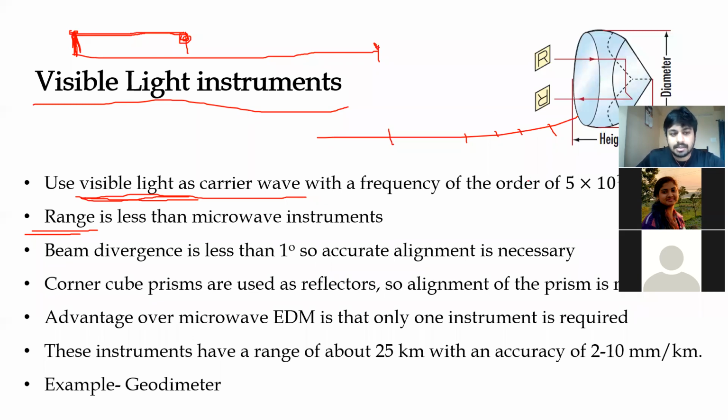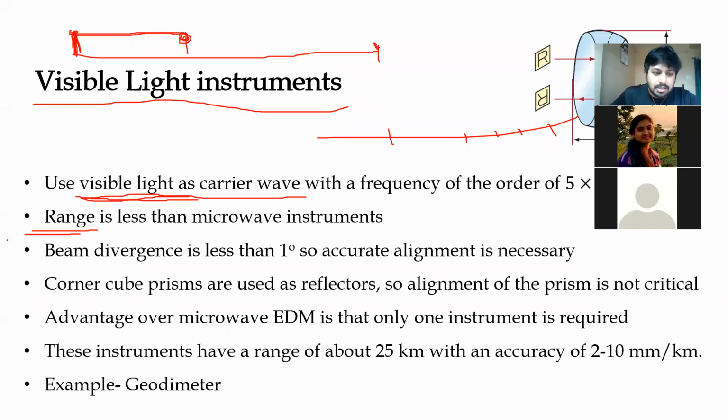Okay, the advantages, let's see. The first advantage: we described that in the case of a microwave instrument, two kinds of instruments are required, one active and one passive. But here, of course, we will be using only one. Then what will be placed at the second, I mean, at the destination? What type of instrument will send back the signal to the source? We will see.